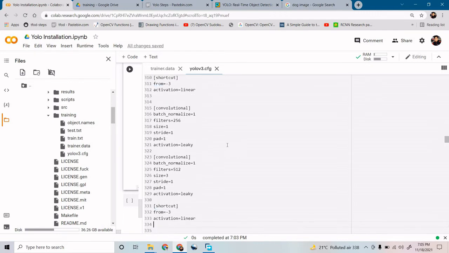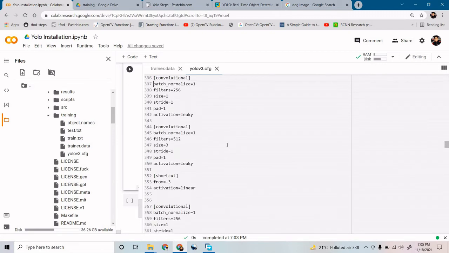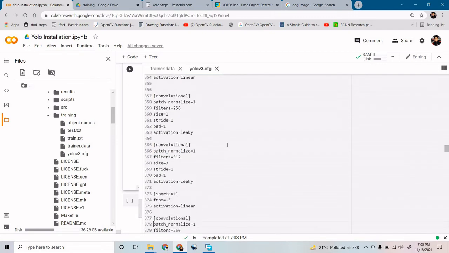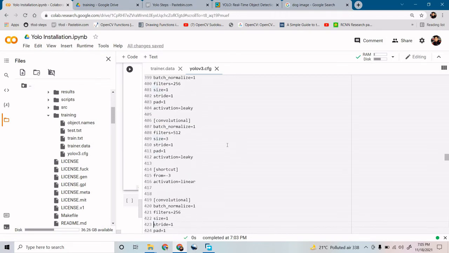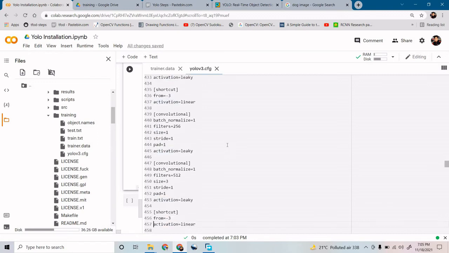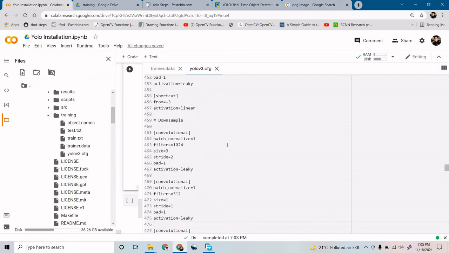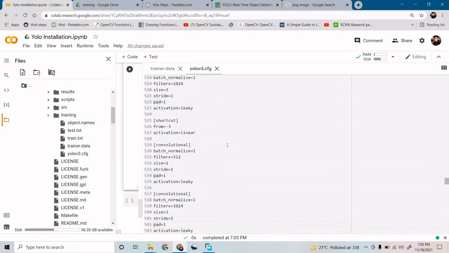Just above that you will see a convolutional layer. Now you need to change all the things over there only. That is totally fine. Now you can do one more thing. You can download this configuration file and search in simple VS Code or PyCharm as well. Okay, where is your YOLO block that you are able to see?